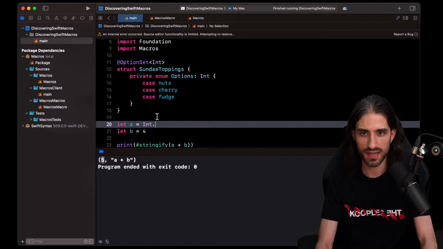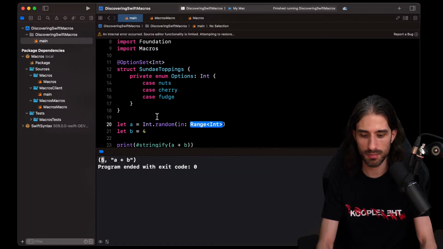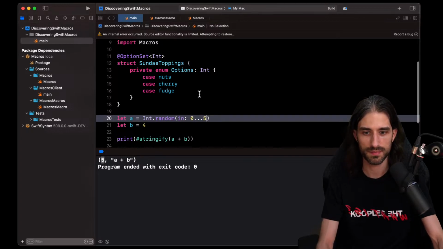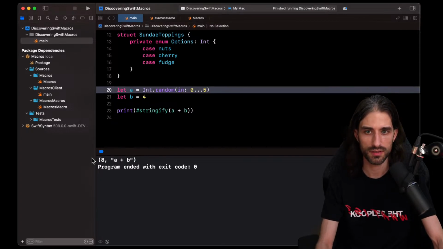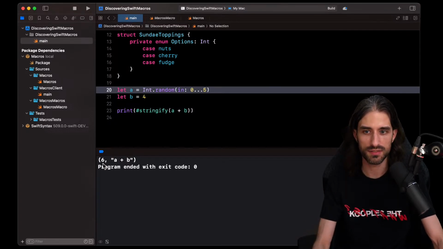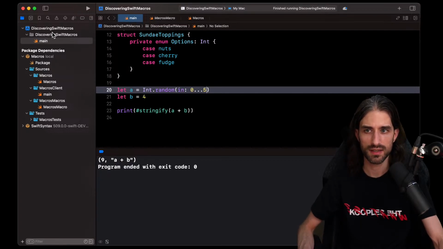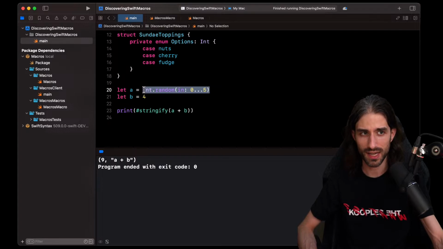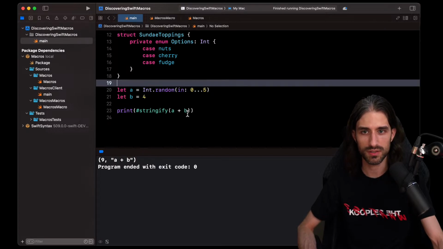Let's here do something like Int.random from 0 to 5, for instance. Is it still going to run or not? It still managed to say 8, and so it should give a different value every time. Okay, so it's still able to evaluate it, but does it mean that now Int.random is evaluated at compile time and not at runtime? It could be the case.